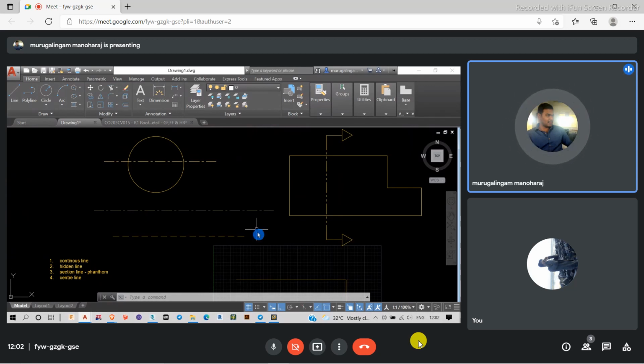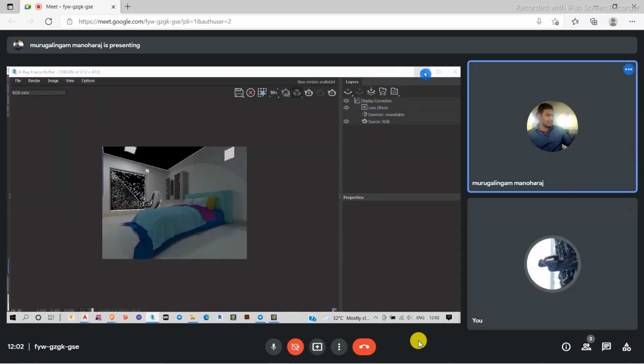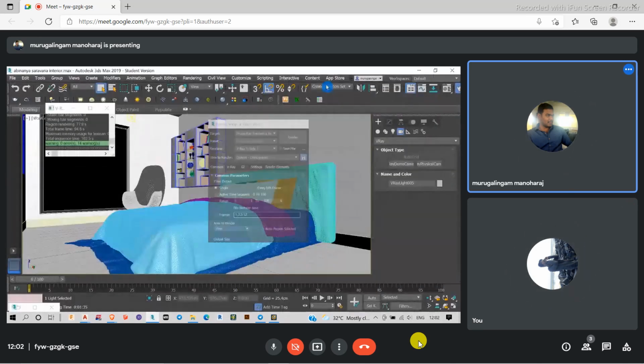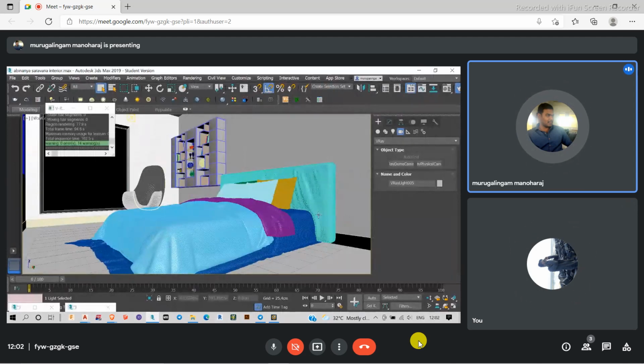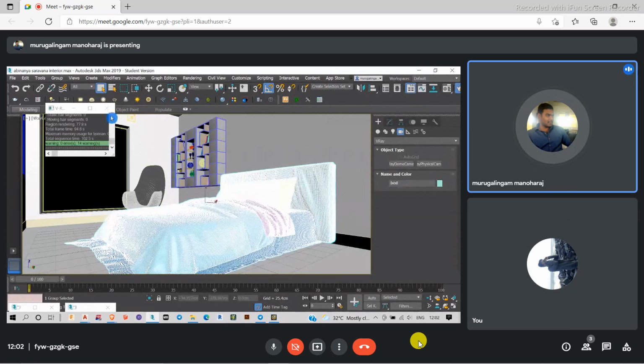For example, I have my 3ds Max open here. For the architect, these things are very important. They want to know what kind of bed is placed there and what kind of cupboards are there. They are purely focused on what kind of look it is going to give us.